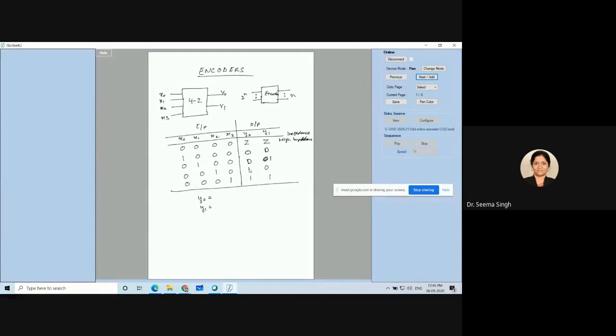So Y0 is high for which cases? Only 2 cases. Y0 is high when X2 is 1 and Y0 is also high when X3 is 1. So how will the equation be written? The equation will simply be written as Y0 equals X2 plus X3. Did you understand this? It is just X2 plus X3. Even if you try to make a K-map, which you can try at your level, you will see it is X2 and X3 only. Okay. Now coming on to Y1, what will be the equation? Tell me.